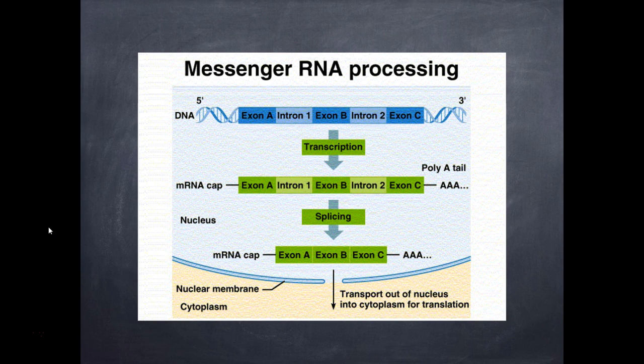So here is another diagram that represents mRNA processing, starting with DNA being transcribed into an mRNA with an mRNA cap, the methylated guanine, and a poly-A tail of hundreds of adenines, that is then spliced into exons and introns, where the introns are then left out to be lariats, and the exons are actually spliced and glued back together in order to be ready to exit the nuclear membrane through a nuclear pore. And this mRNA will be circularized, marking that it's ready for transport out of the nucleus into the cytoplasm for